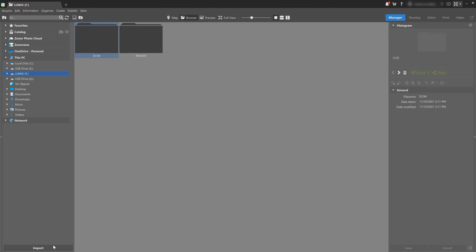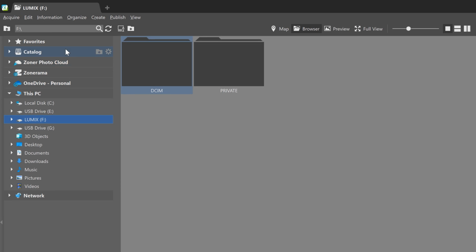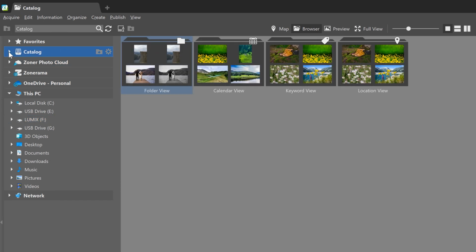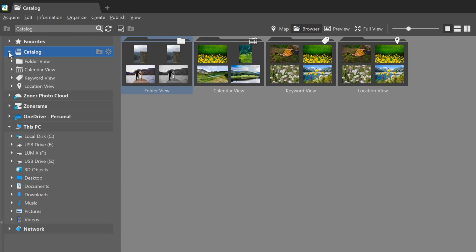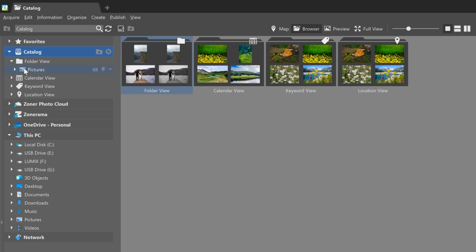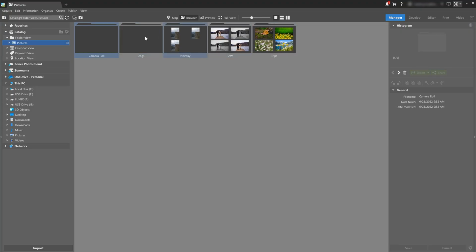And speaking of organization, I definitely recommend using the catalog, which is here in the top left corner. If we add folders to the catalog, the photos we'll be working with will load much faster. And if we're going to be working with RAW files, which I assume you will, these equate to large amounts of data, so you're going to save yourself a lot of time thanks to the preloading made possible by the catalog.